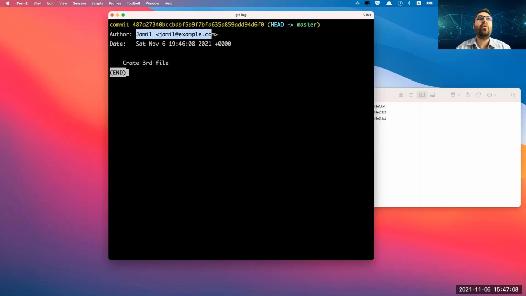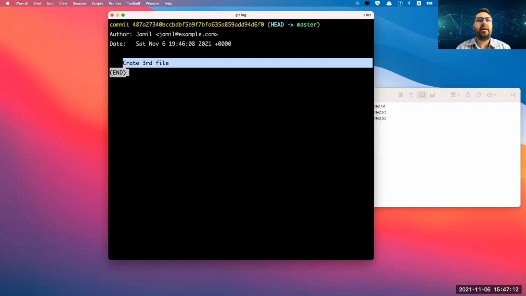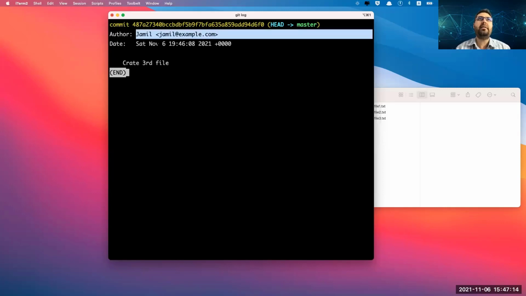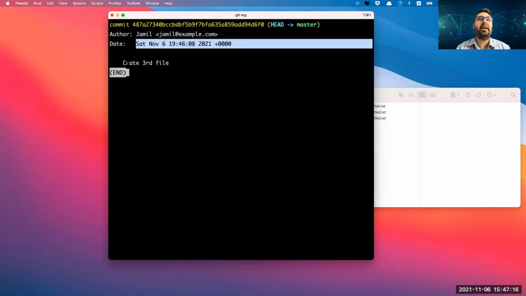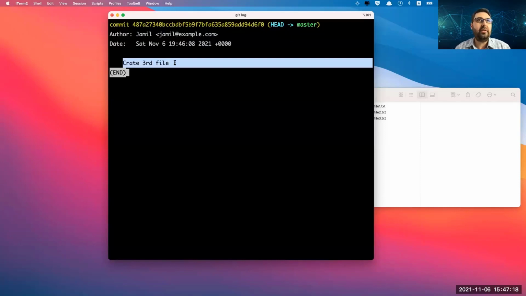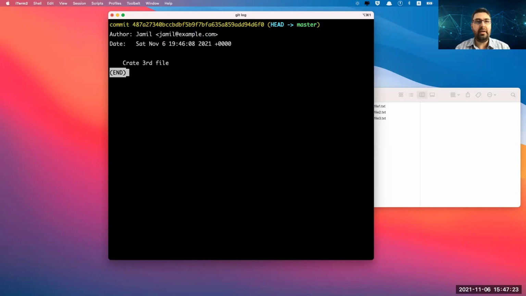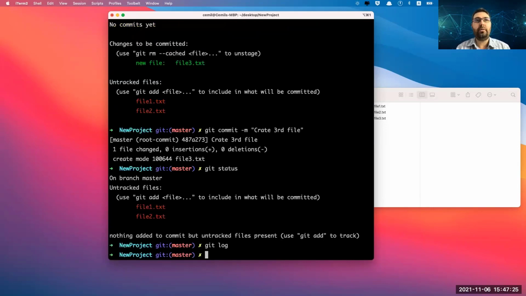Who made it, when, and what? What? Create a third file. Who made the change, when, and what is the change? That's it. You can see here only a few commands. To exit, I just type q.